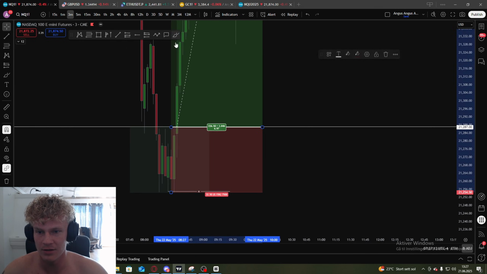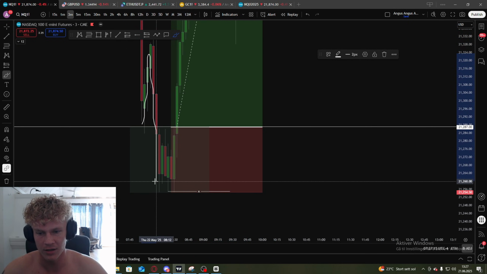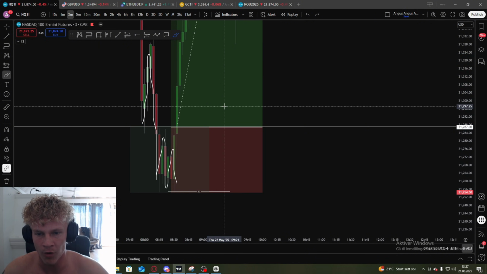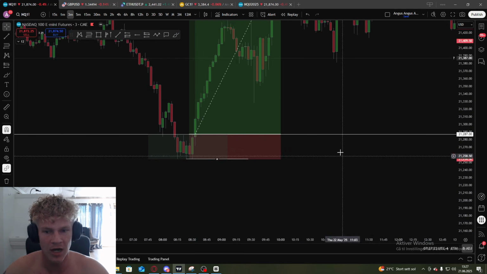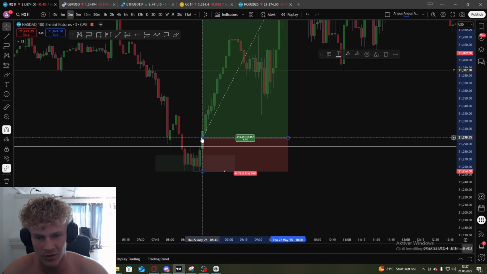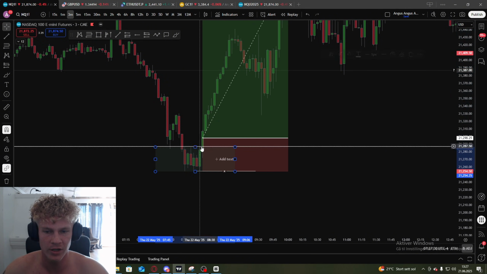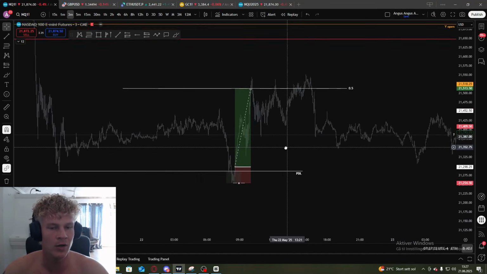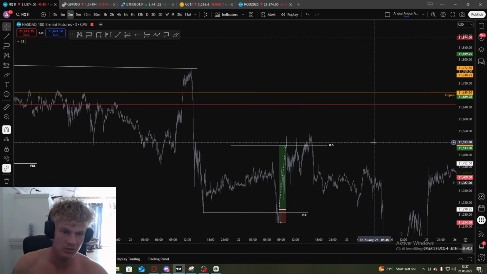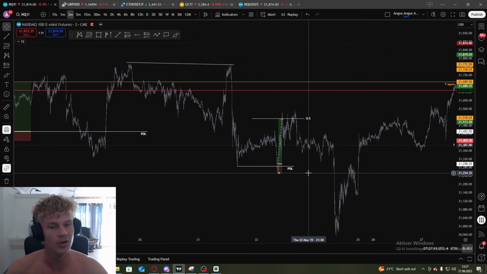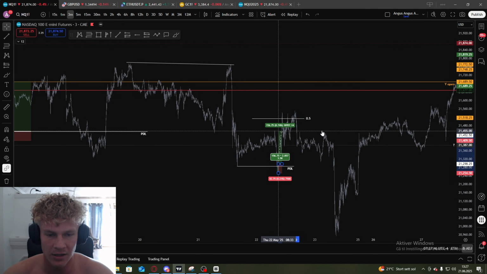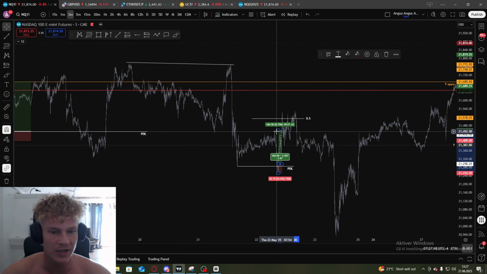Here we broke through it, deviated, swept the original low that deviated, and broke right above it. So what did I do? I waited for this volume to kick in, and I probably market entered around here or something, the moment we broke through it. And I was targeting the midpoint of this entire range. Why? Because that's basically all we need to fuel a down move again. It's that simple. Just target whatever you want. To be honest, you could target right here, this liquidity would still give like a 3.7 RR